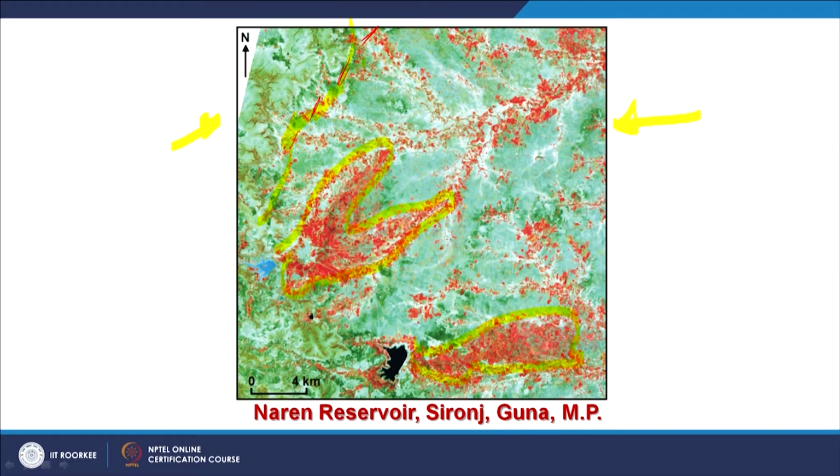So in future, if we want these areas to also become green, or red in false color composite, what do you need? You need similar kinds of reservoirs along this area as well, across these valleys or alluvial fills. These are all ephemeral channels which have been blocked, the rainwater has been stopped, and then you are getting a groundwater regime. There is no lift irrigation, no canal irrigation or anything else, just simple reservoirs, and they are recharging groundwater regimes. Farmers are exploiting that water and putting it in their fields to get the crops.